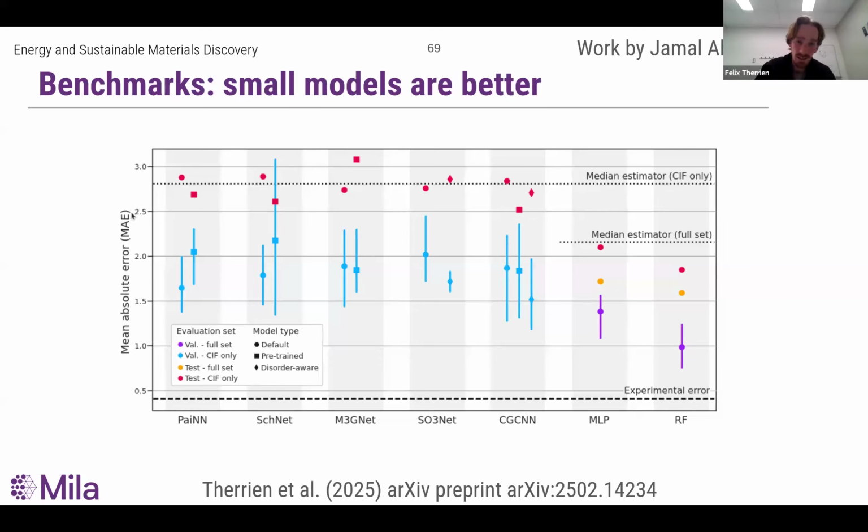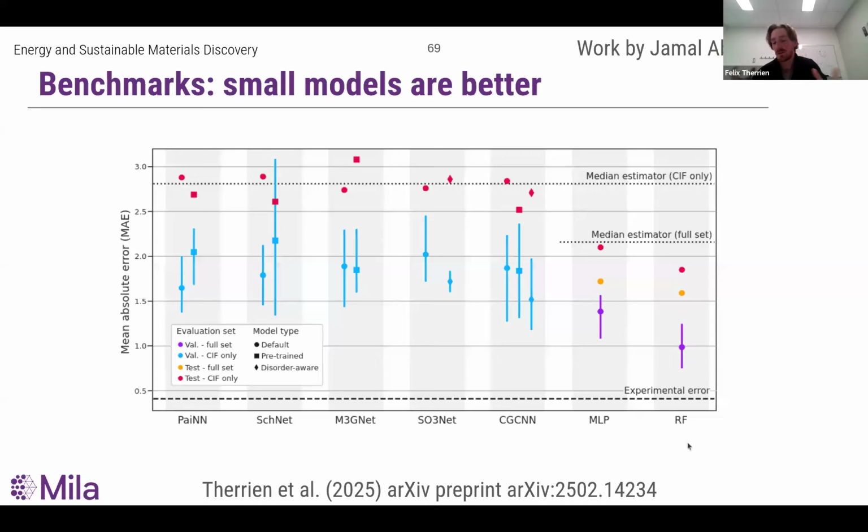And then the dashed line at the top is the median estimator, which means if you were just to predict the median every time. You can see that the performance of these models, even though those are state-of-the-art, very large models, is in a lot of cases worse than or equal to a median estimator on the test set, which means that they learned very little about the data set. And that's an interesting result, because if you compare that to smaller models, so those are the two on the right,